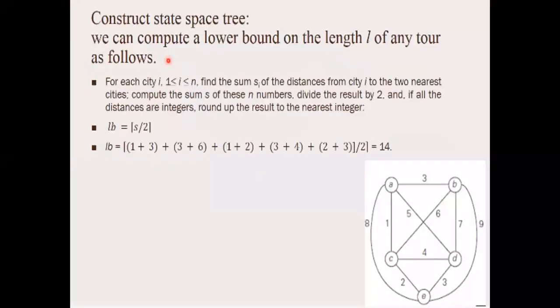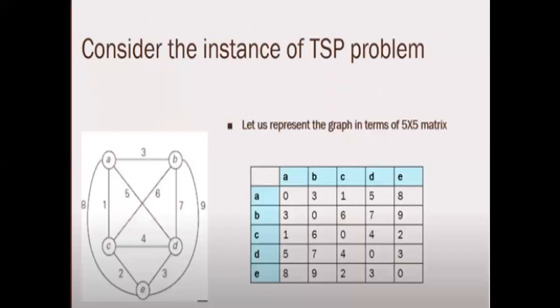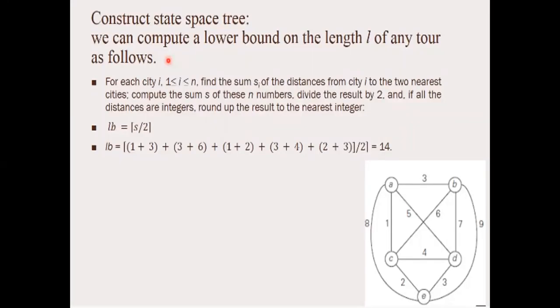Clear? So once you are done with this matrix, the next step: in the previous assignment problem, we were starting with the initial state, correct? Or the starting node, you can also call it the initial node. So how do we write the starting node in the traveling salesman problem? We use this condition. There is a formula over here, that is lower bound. The lower bound is equal to S divided by 2. So what is this S? S is nothing but the sum of all these n numbers. So what is this n? N here represents the number of cities.